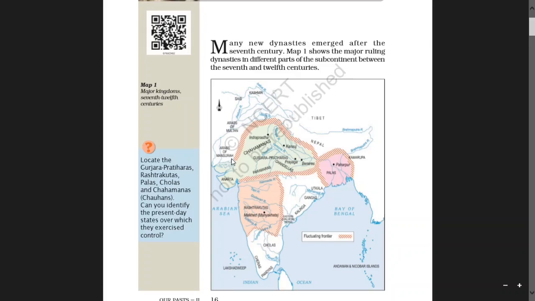They are the Chahamanas, the Palas, and the Gurjara Pratiharas. So we are going to learn about all these kingdoms and their rulers. How did these small kingdoms become large kingdoms? Let us learn about it.